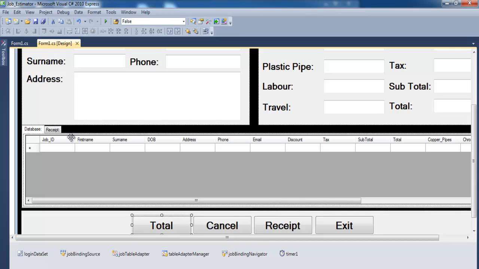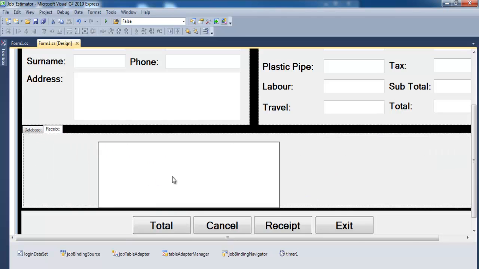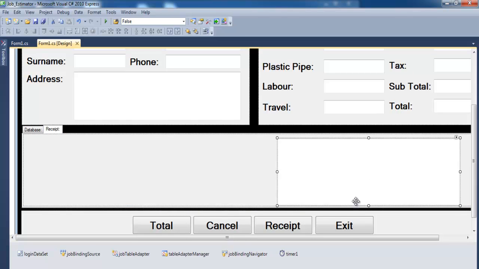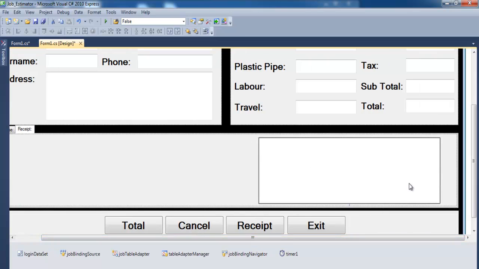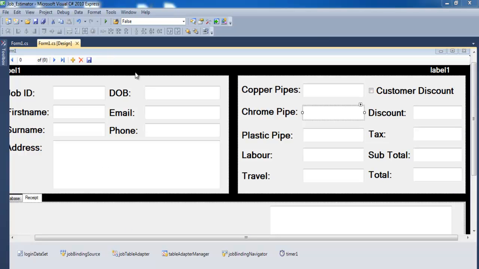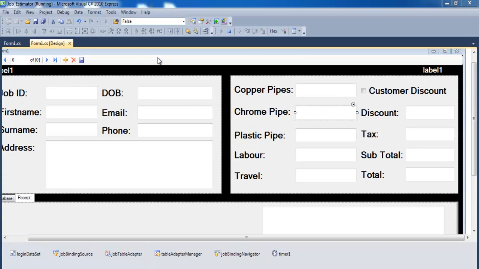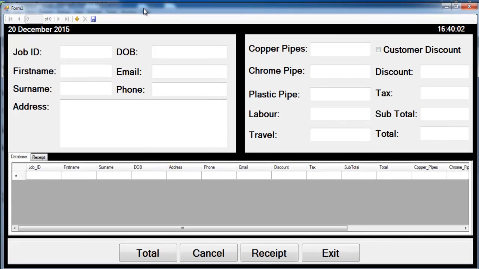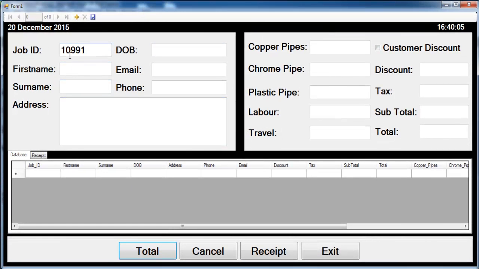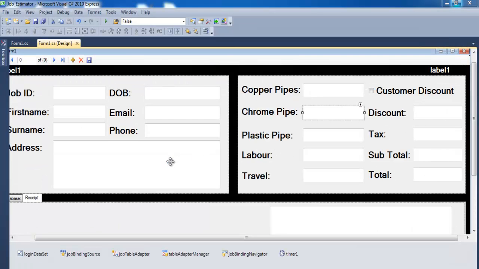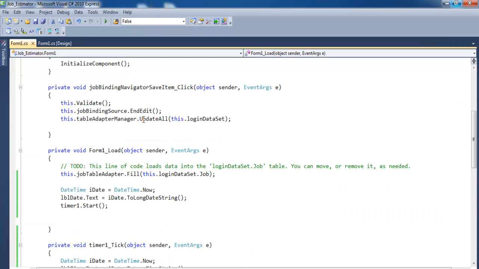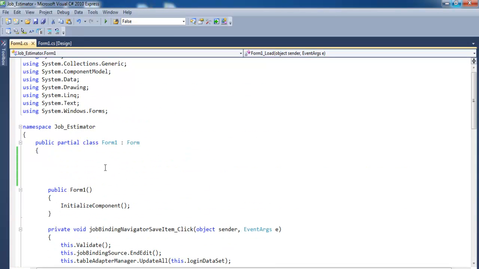Okay, let's do that. Move this to the right there. That's much better. Okay, with that ready, let's just run it again. That's working, and I have my date there, I have time there. So what I would do now is, by closing this and just double click on this, then right up here